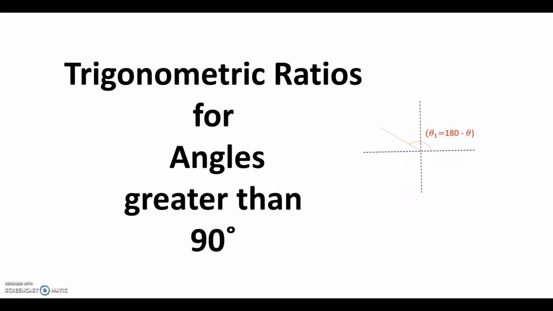In this video, we will learn how to find trigonometric ratios for angles greater than 90 degrees. Whenever this angle is greater than 90 degrees, we represent them sometimes as 180 minus theta, sometimes as 180 plus theta. However, most of the times I've noticed that the students tend to memorize these formulae and then use it,